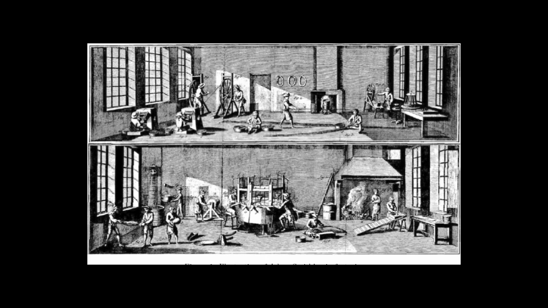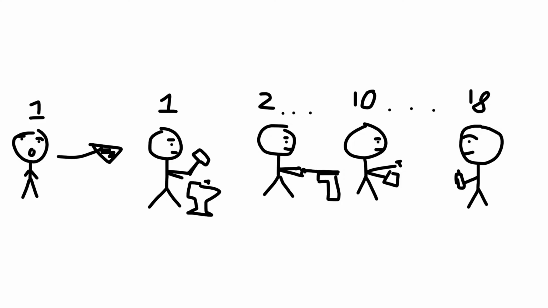And so previously, whereas it might have been 2 or 3 people making pins, or maybe even one person by themselves making a pin, during the Industrial Revolution, the pin manufacturing process got split up into 18 different jobs. And they know this because it was very easy to study, because everyone who was working in that industry could be under one roof, because the amount of space it requires to produce pins is not that great.